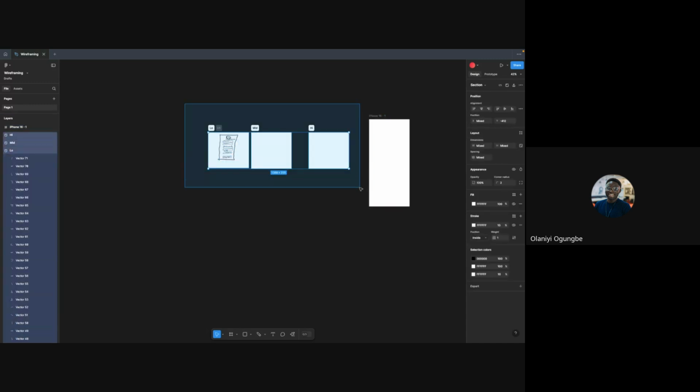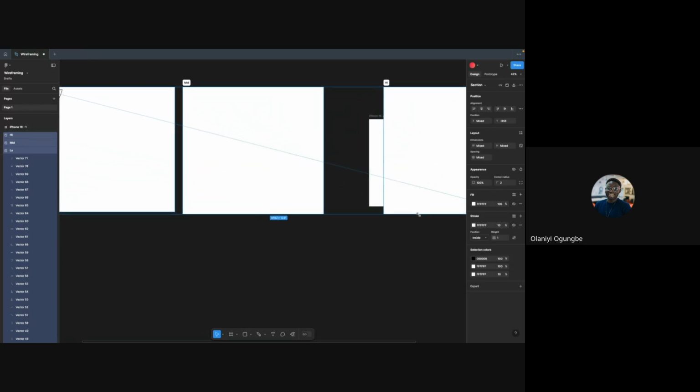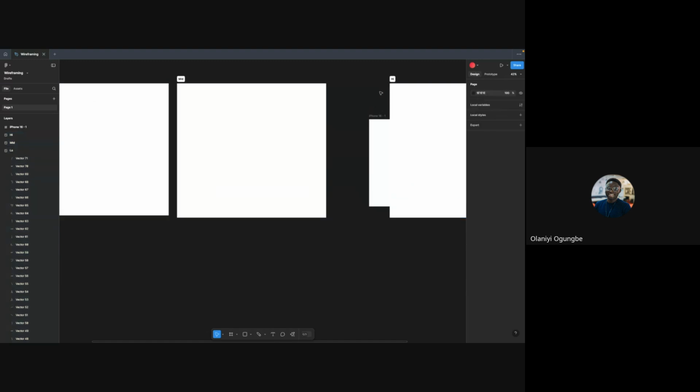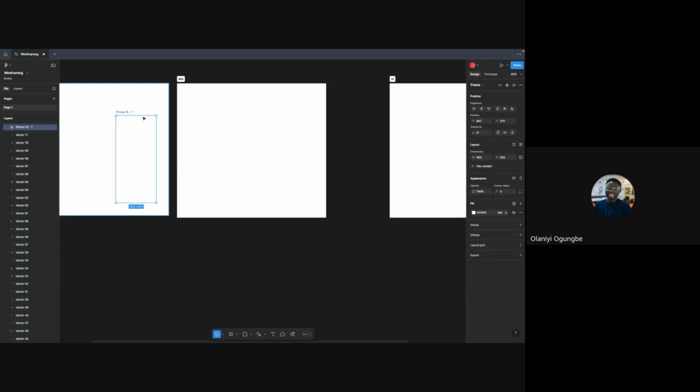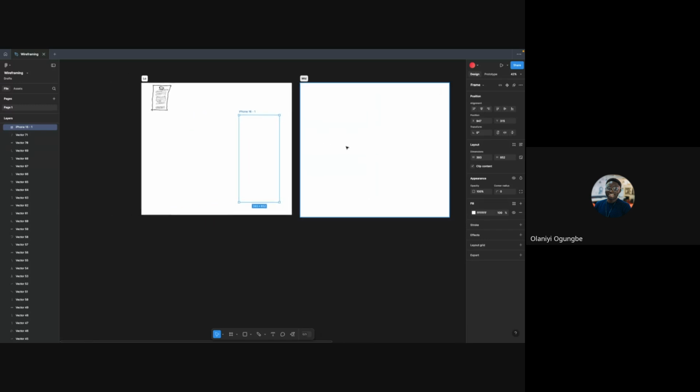Because one thing I always try to do is, even if it is mid fidelity, ensure that your sizes and proportions are correct. Do you understand what I'm saying? Do you guys get me? No, hello? I don't understand. Huh? You don't understand? Okay. Yes. So what I try to do while I'm doing my mid fidelity is that whatever sizes I use on my mid fidelity is what I'm going to use on my high fidelity.